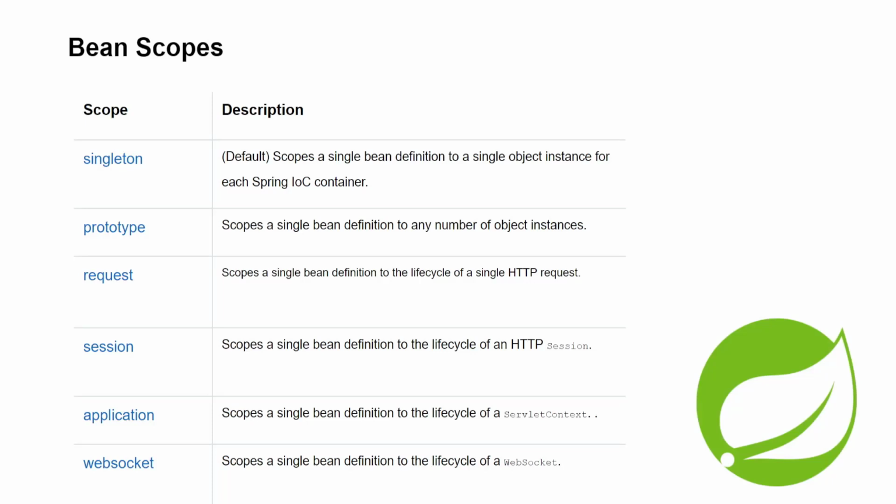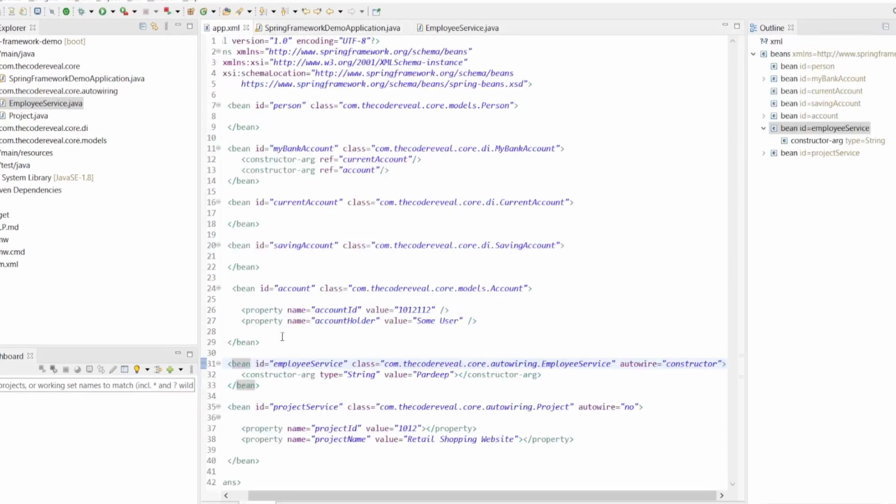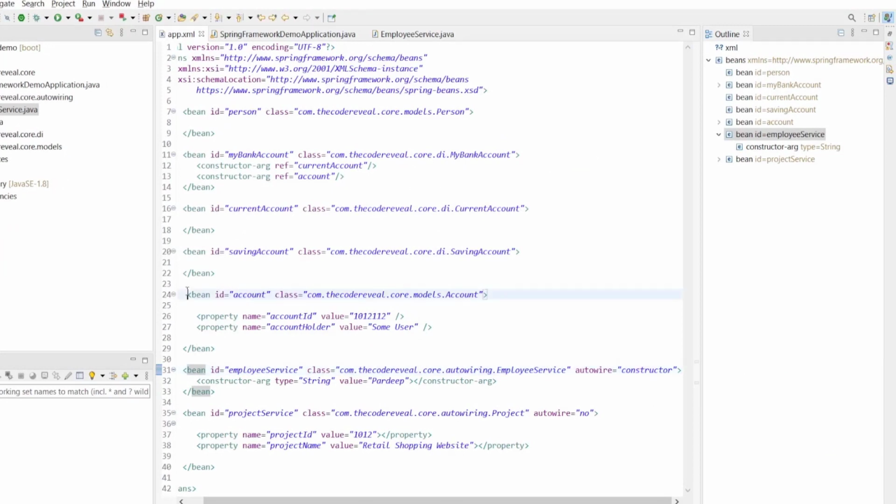Let's see in the code how we can define the scope in the bean definition. If we see app.xml, here we are defining the bean definition. So for example, here in the account we can define scope.